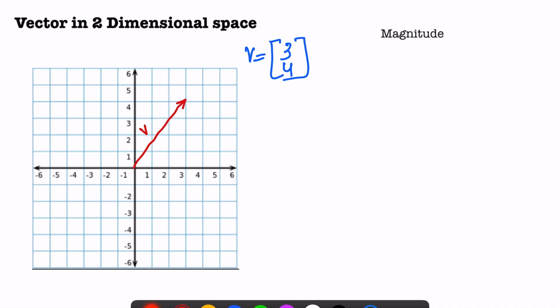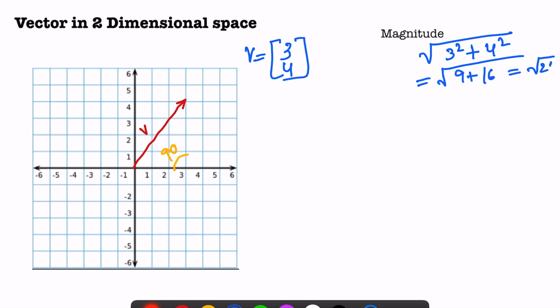Now you want to calculate the magnitude or the length of this vector. How do we do this? Let's see. We are moving 3 steps here, then from here 4 steps, and we are reaching here. If we see, this is a right angle, right? So using Pythagoras theorem, we can compute the length of this vector as square root of 3 square plus 4 square, which is square root of 9 plus 16, which is square root of 25, which